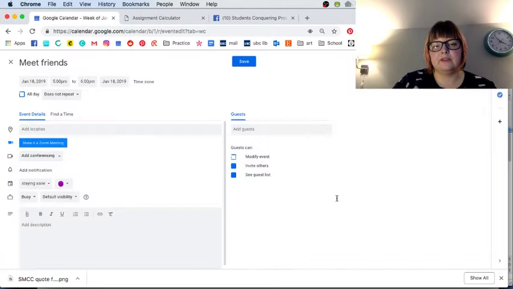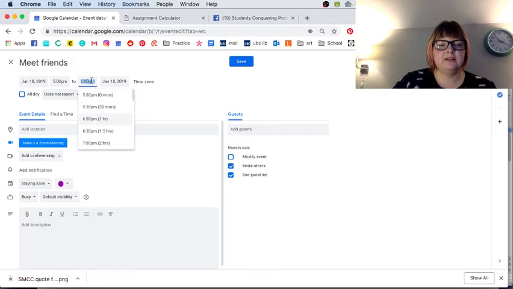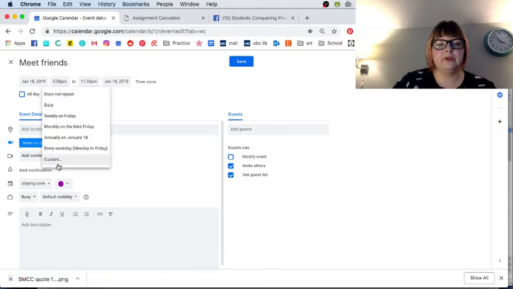So yeah, this is the kind of thing that I would put in the unschedule. And let's stay out till 11:30, if not later. And we'll do this every week. So this is the basic idea with unschedule, is putting in things that you know you tend to do or you tend to need, so that you can just do it without feeling bad. So you can just kind of